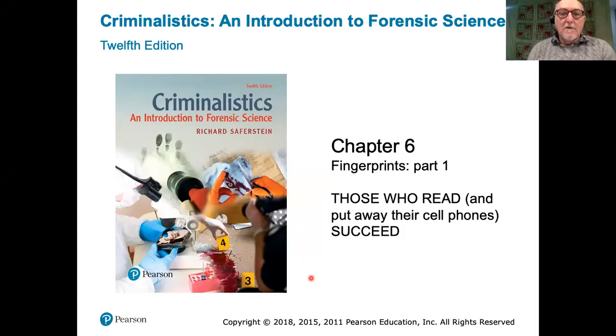Okay, good afternoon, everybody. And today we're going to start our discussion about a topic which I think most of you actually have some knowledge of already. At least it's a topic that is relatively familiar to you, and that is the use of fingerprinting and fingerprints